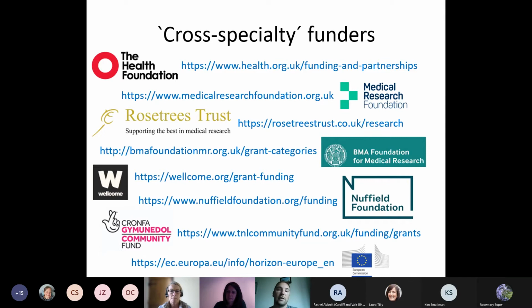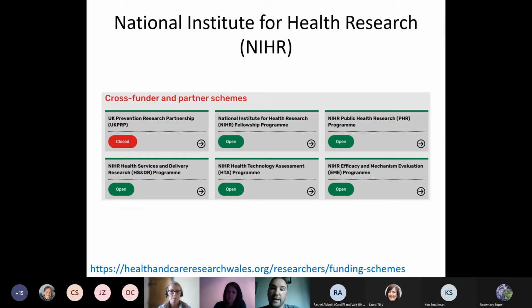But then there's also the National Institute for Health Research, and our government here in Cardiff Bay pays several £million to the government in Westminster every year, so that we as researchers in Wales are eligible to apply for these UK-wide calls, and we should make use of that. And we're not eligible for all of them, but the ones in green that you can see here,